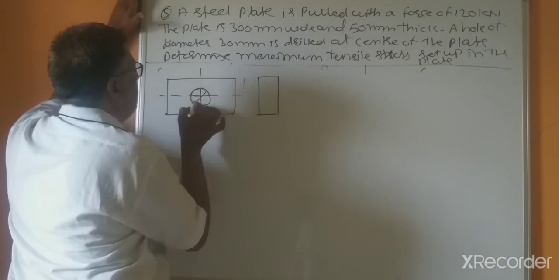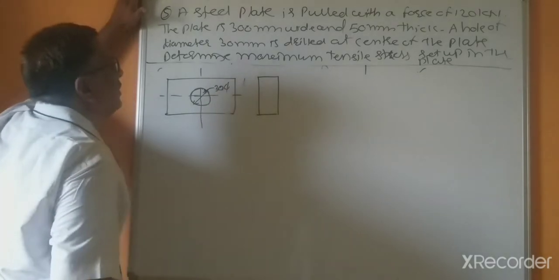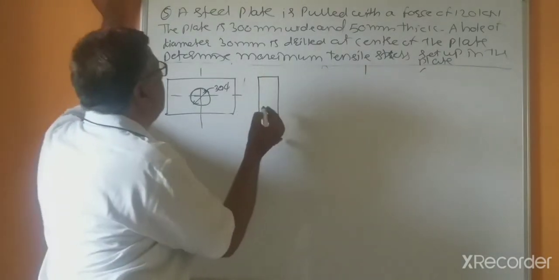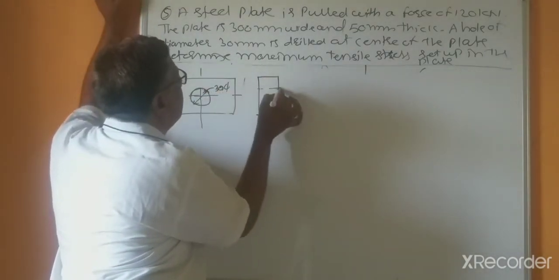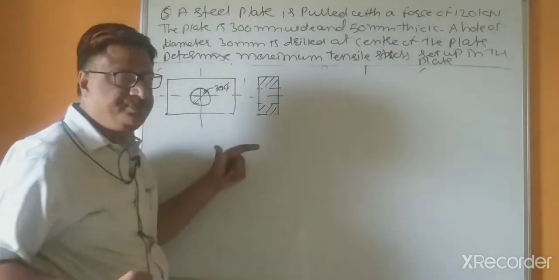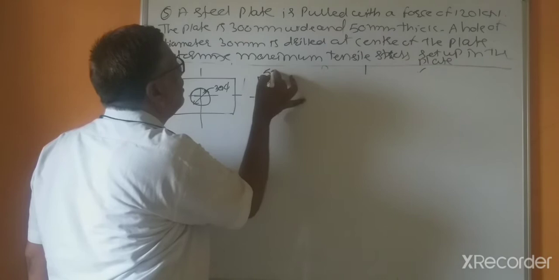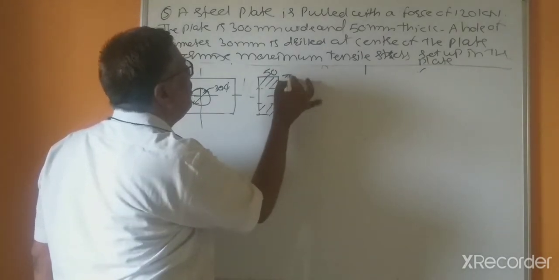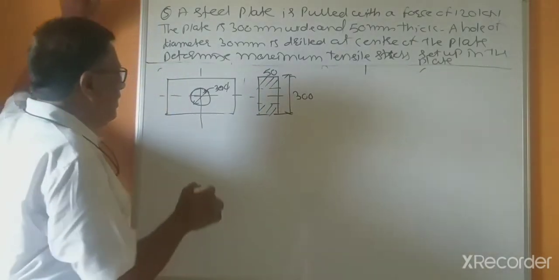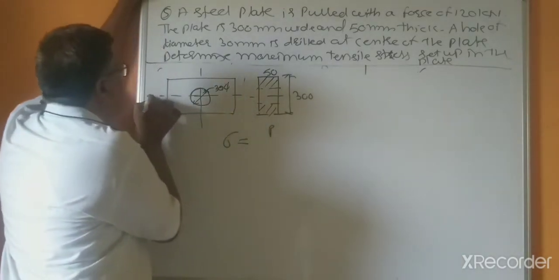So this hole is 30 mm at the center, and if this is the cross section, because as you know stress is nothing but, it is a minimum cross section area. Minimum cross section area. So that's why stress equal to P divided by, and here force is acting,